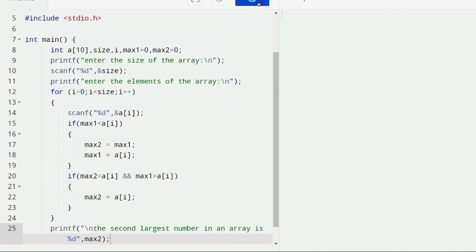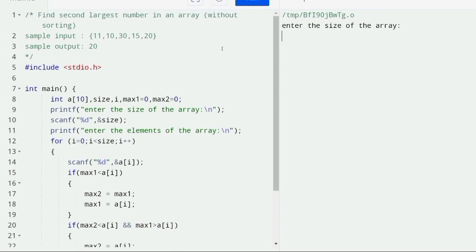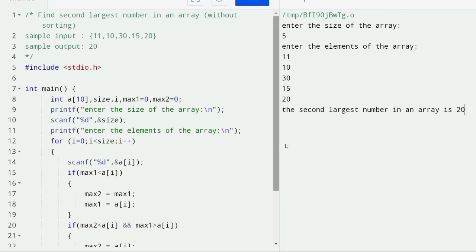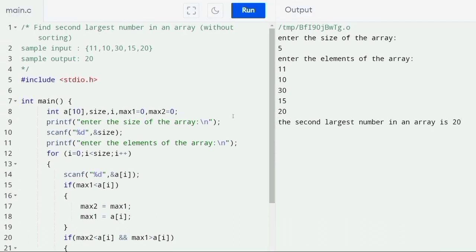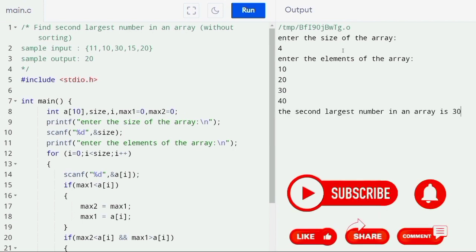If I run the program, it asks to enter the size of the array. The sample input consists of 5 elements, so the array size is 5. Now if I press enter, it asks to enter the elements of the array. I am entering the sample input elements. If I press enter, you can see the second largest number in the array is 20. Let us change the input values and check for other values also. Now if I press enter, you can see the second largest number in the array is